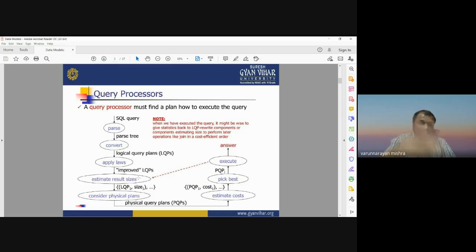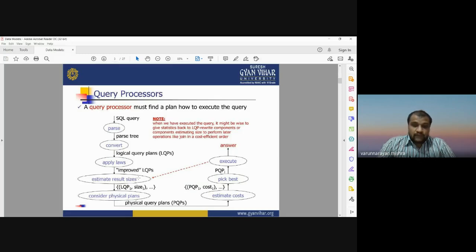So this is the entire flow chart in which our query processor works to find the resulting query from our database. It is very important to note that when we have executed the query, it might be wise to give statistics back to the LQP and rewrite the components, estimating the size to perform later operations like join in a cost-effective order.